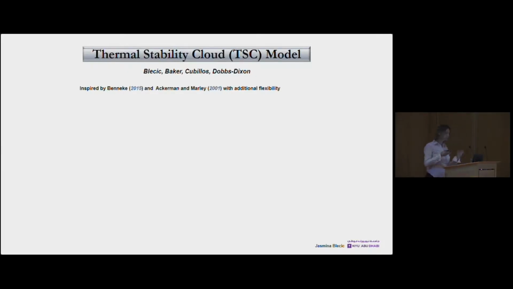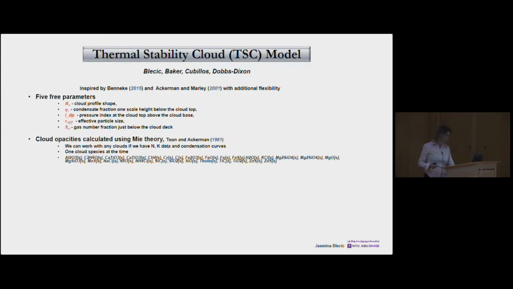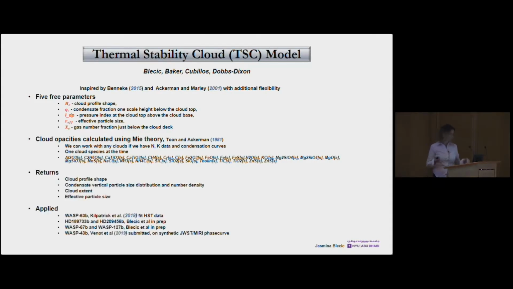This model was initially inspired by Benneke's paper from 2015 and the Ackerman and Marley approach. And I also introduced some additional flexibility on the location of the cloud deck. So it has 5 free parameters, and it can actually address all of these cloud species if we have available high resolution NMK data. Currently, these models are addressing only one cloud species at a time. It returns the cloud profile shape, the condensate vertical particle size distribution and number density, the cloud extents, and the